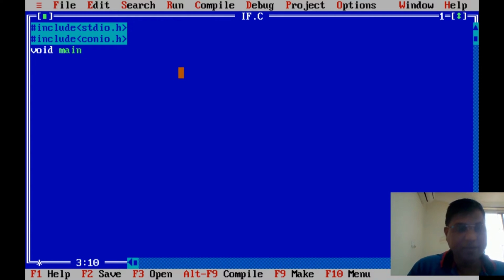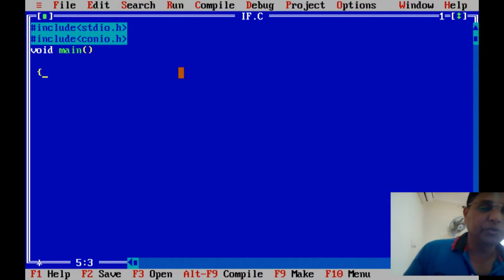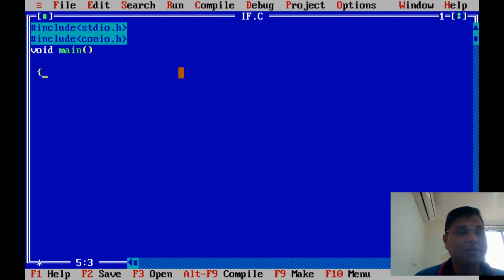I'm opening the main body, where the compiler is actually going to execute. Last time I showed you how to debug and how the program executes from the main function. Whenever you type the main function or any function, immediately type the opening and closing curly brackets, so that you will not forget to close them. That avoids errors during typing itself, otherwise people make mistakes in closing brackets and errors come.